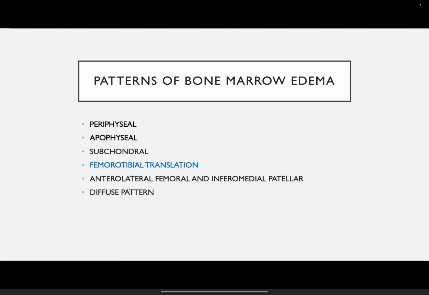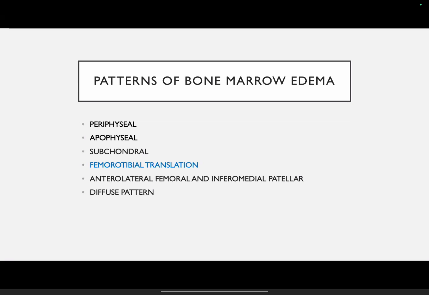So let me come to the fourth pattern, which is again the most common pattern which we encounter because of the rise of sports activity, soccer, cricket, and kabaddi, and wrestling. So we see so many everyday femorotibial translational patterns. So the ligamentous structures try and maintain the stability of the knee joint, and whenever there is any break